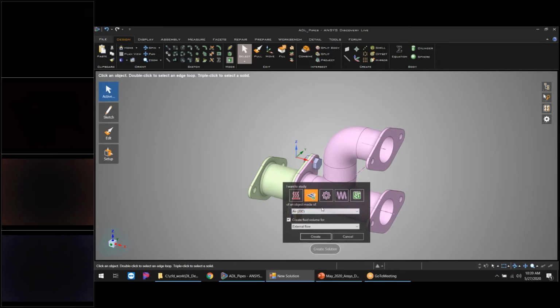And then it's going to say I have an object made of air. Well, I don't. It's actually steel. But what I want to do is fill it full of water. So I'm going to be analyzing water, and I'm going to automatically create a fluid volume. And I'm going to do that for internal flow. Again, this is a pipe. I'm going to be trying to analyze the water going through it. In fluid dynamics, because we're analyzing the actual fluid itself, we have to have some sort of volume to represent that fluid that we can ultimately then solve on. So I'm just going to hit create here.